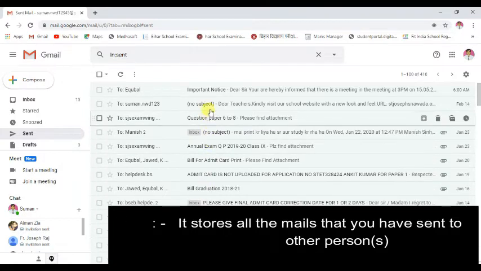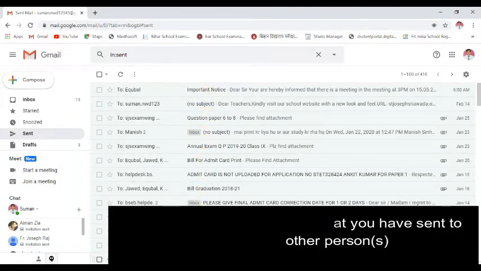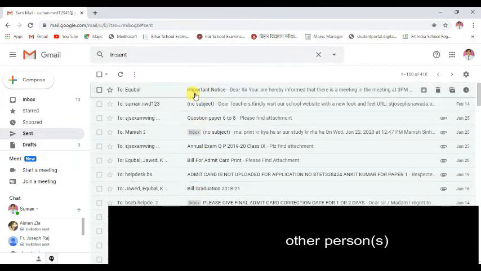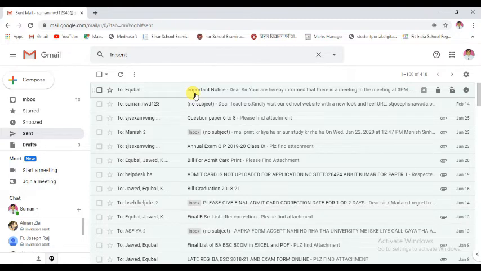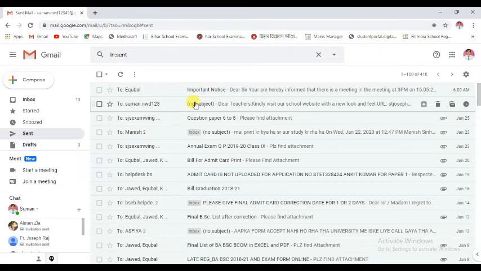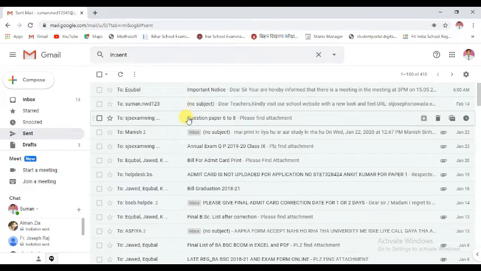So all the messages displayed in this folder are those that I have sent to the other email. Finally, this sent folder is used to store all the mails that have been sent by you to other persons.